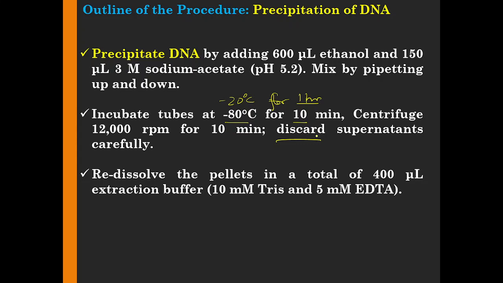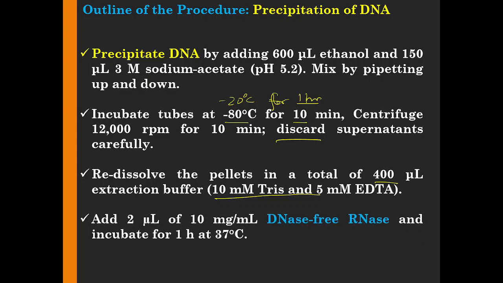Now we are looking into the extraction buffer. This is your extraction buffer, whose composition has also been shown to you. In this extraction buffer, you are adding the DNases. These DNases which you are adding will degrade your DNA. If you remember, in the previous part 1 we talked about caspase dependent DNases.